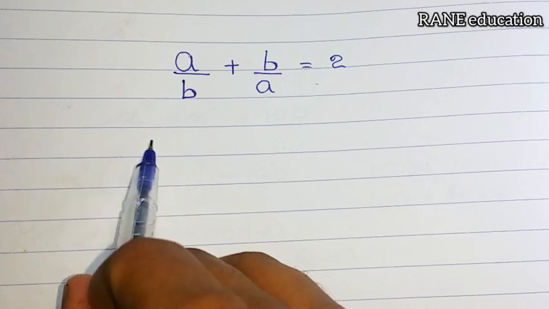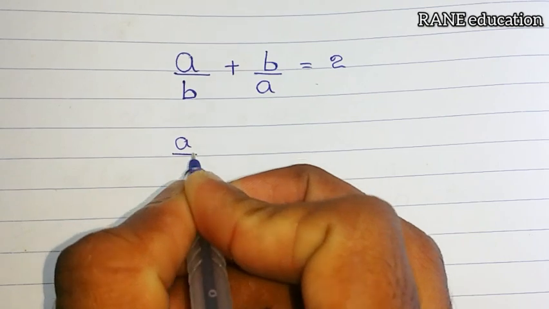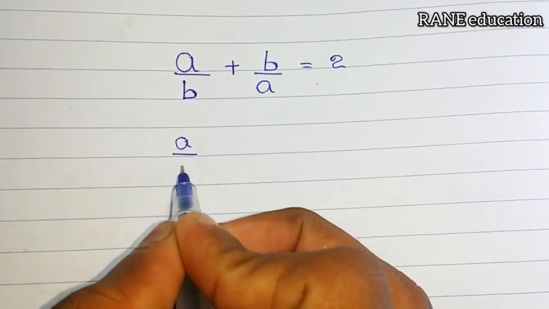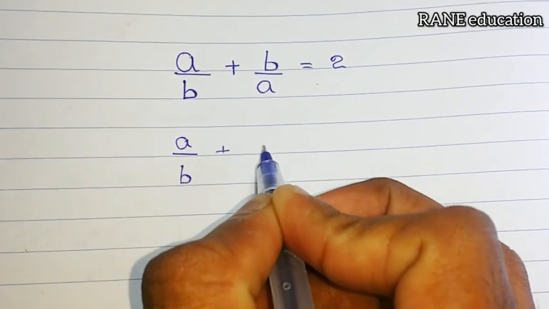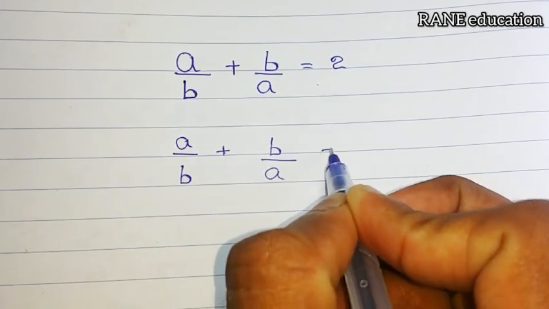We have to find the value of a minus b. Let's check. a divided by b plus b divided by a equal to